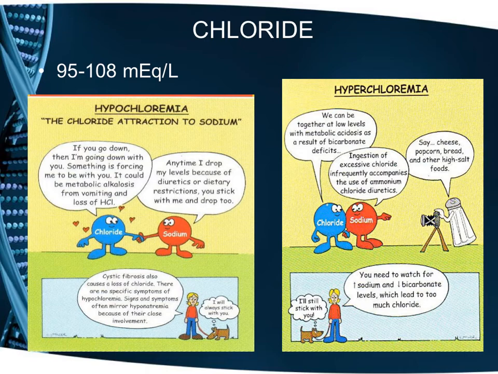Typically, an alteration in chloride level is related to another electrolyte disturbance. Chloride has a reciprocal relationship with bicarbonate, so a lower bicarbonate level results in a rise in chloride level and vice versa. Chloride is also closely linked to sodium, so a change in sodium can also result in a change in chloride. Hypochloremia happens mainly as a result of GI losses, whereas hyperchloremia can occur with head trauma, hormonal issues,